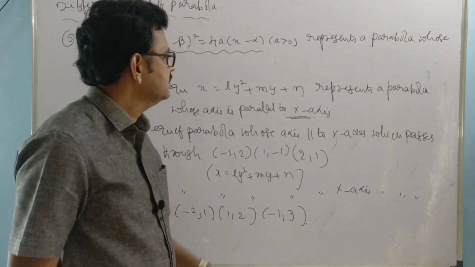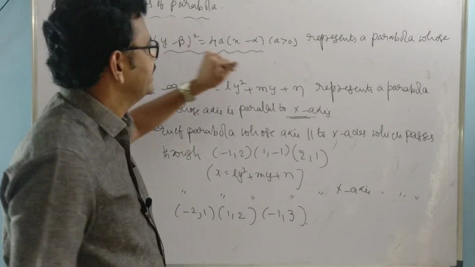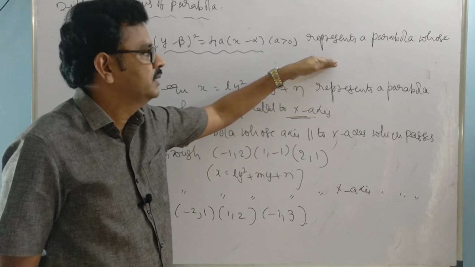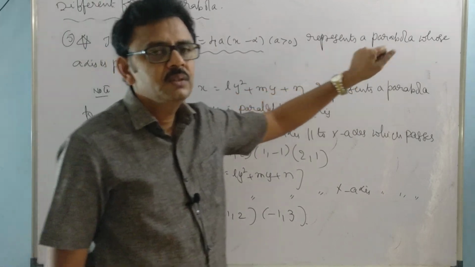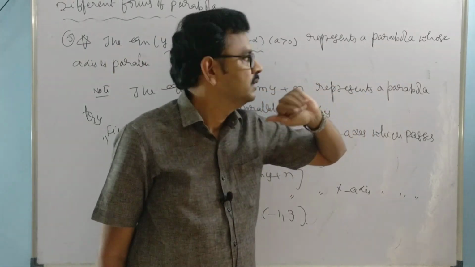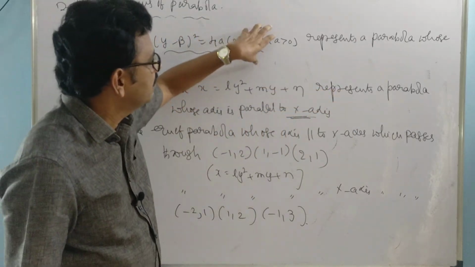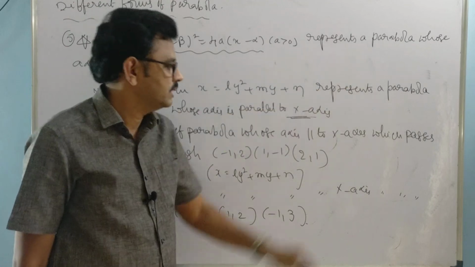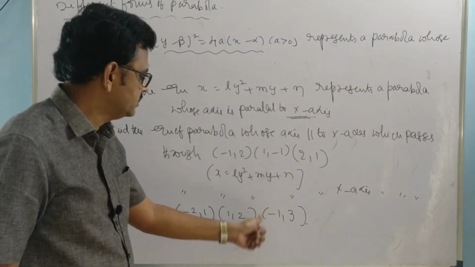In the next class, we will see the case where the parabola is symmetric about y-axis, as these points are very important. In our material also there are so many problems. Based on this, how to find everything, we can discuss in the next class. Okay, thank you. We solved these 2 problems.